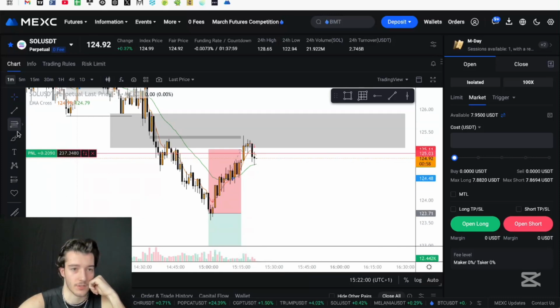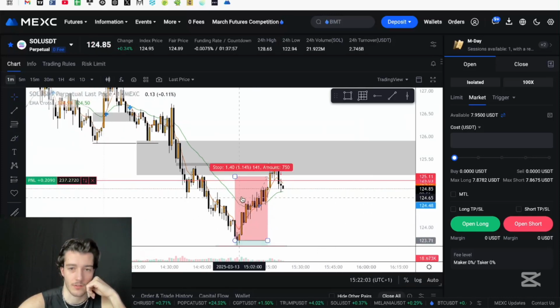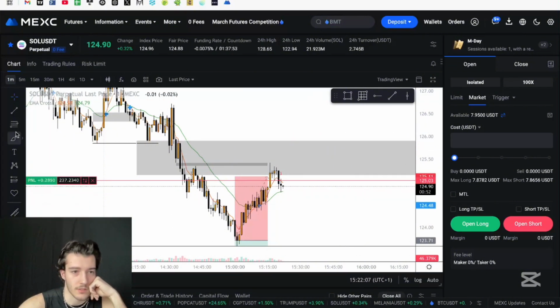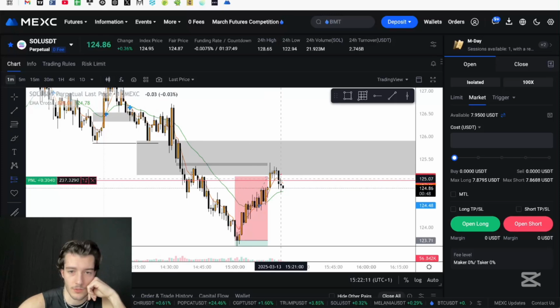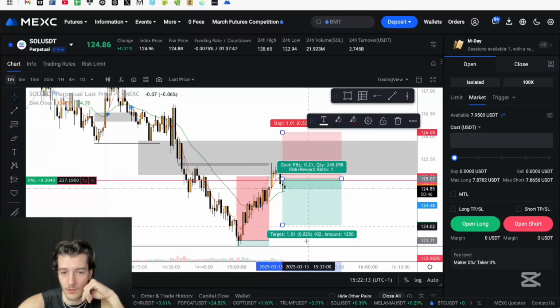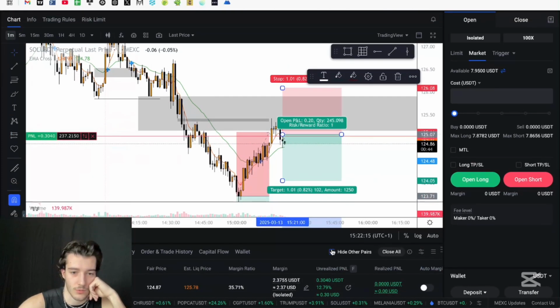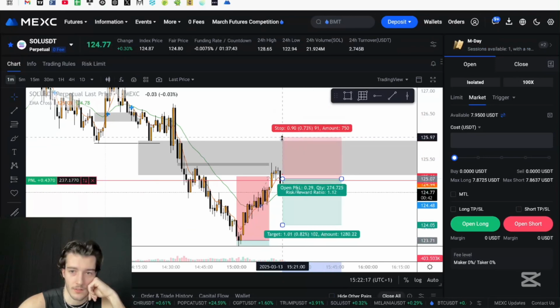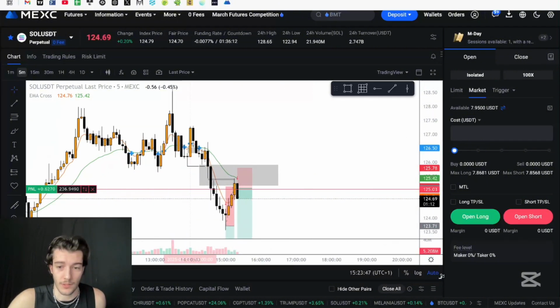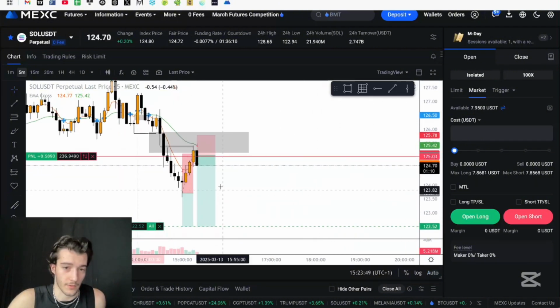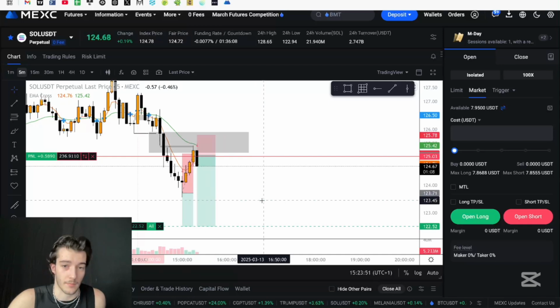So let's just mark out our trade. So we entered with the short here. Our liquidation price is at 125.78 up here. The idea looks really good so far. This 5-minute candle is gonna close like that. That's honestly beautiful. It will be really nice to see